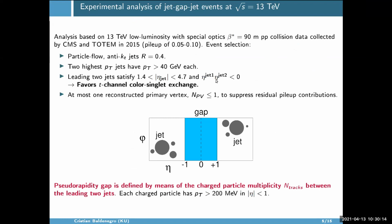And these two leading PT jets have a minimum rapidity of 1.4 units, and they go up to detector acceptance, so up to 4.7. They have opposite sign rapidities, so they are on opposite hemispheres of the detector. This is to favor the t-channel color-singlet exchange topology. And the pseudo-rapidity gap between the jets is defined by means of the charged particle multiplicity between the jets, where